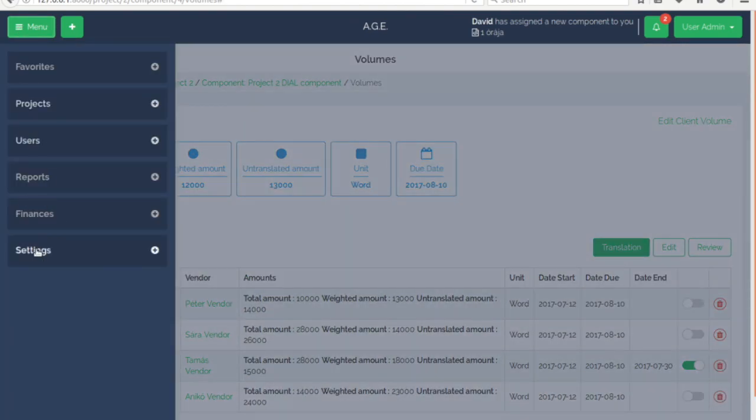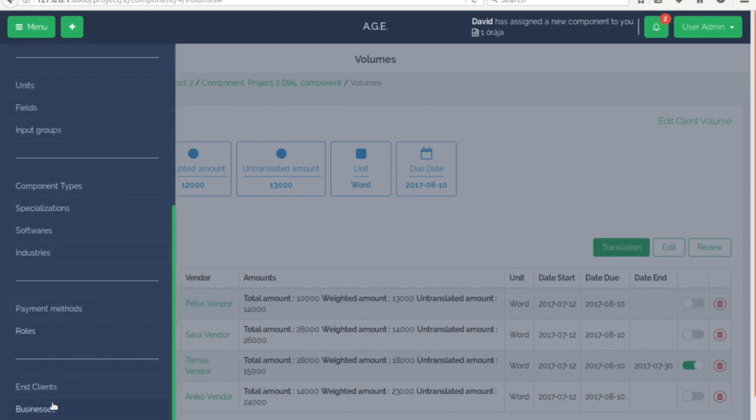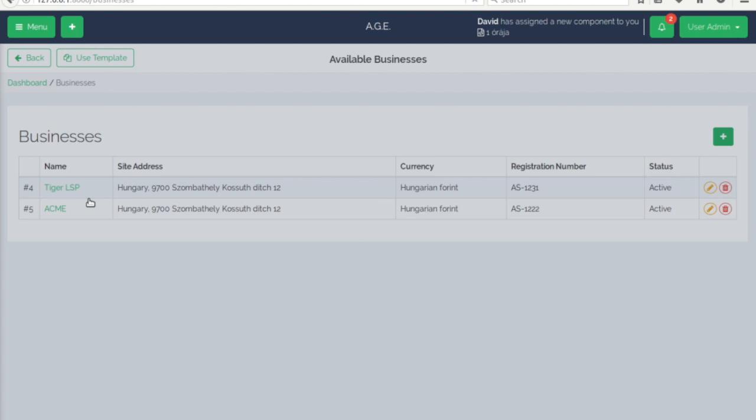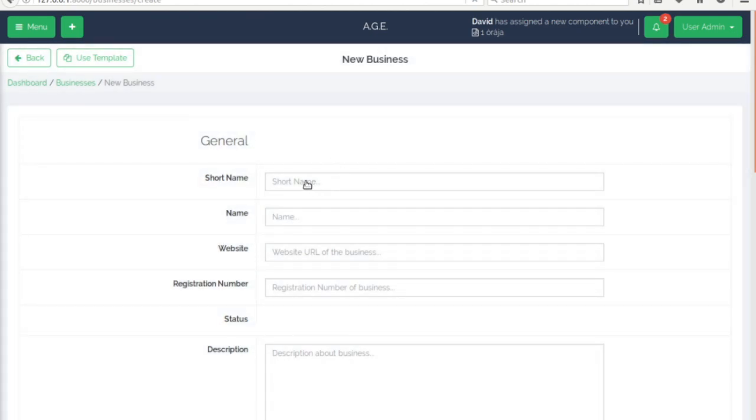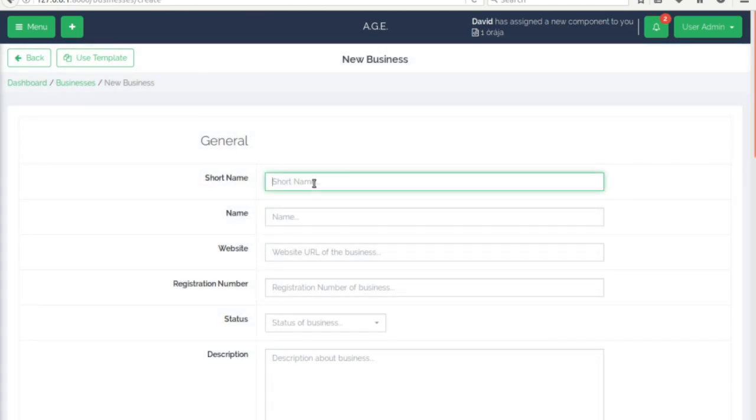So you go to settings, businesses. I know this is maybe a little bit confusing, but we were going to change this terminology to something better. Anyway, so let's say that your new client is an LSP called Elephant, so we're going to call it